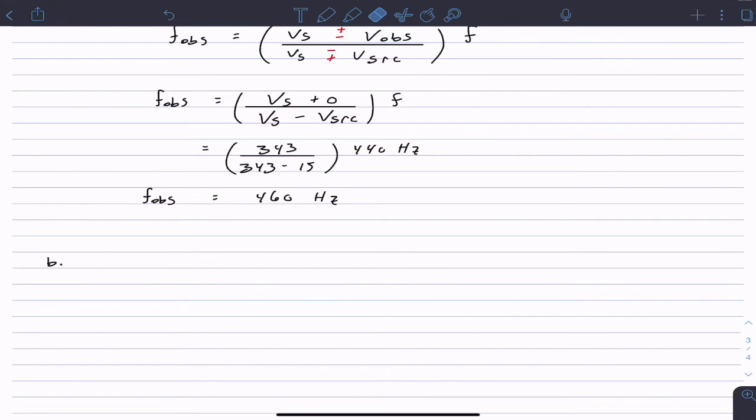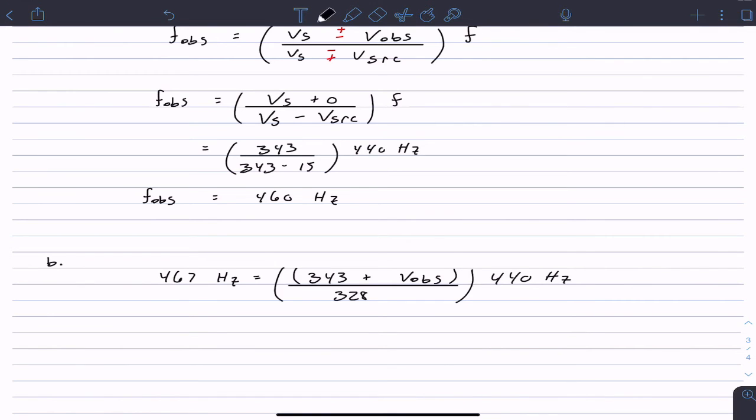oops, we know what this is. F observer is 467 hertz. We're told that. Speed of sound is 343 meters per second. We want to say that this is plus because they're moving towards each other. And this is minus because they're moving towards each other. So 343 minus 15 gives you 328, and then we multiply this by the source frequency,